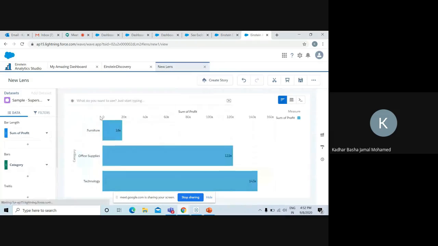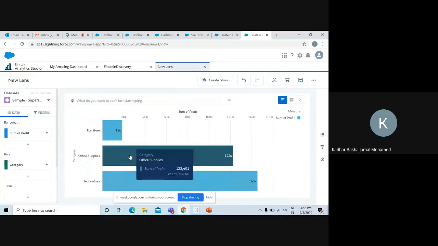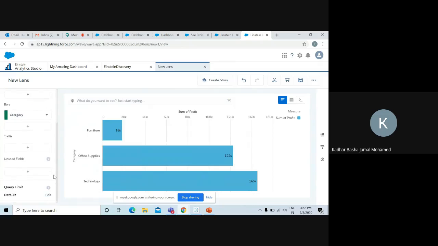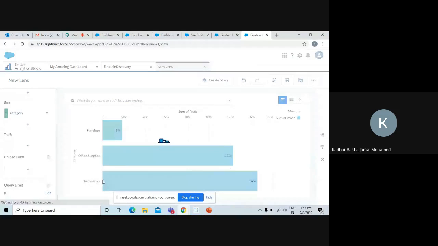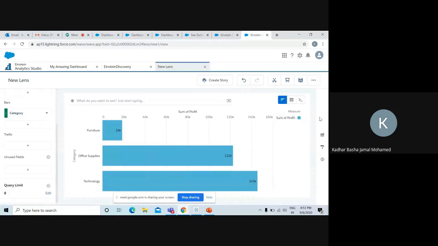Choose the category. It shows here, and we can fix the limit here. It's 3. If we go to edit, the limit is the default one, so I'm going to give 8 here. So it's reflected here. We can create this into dashboards.